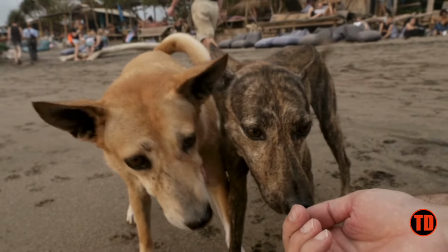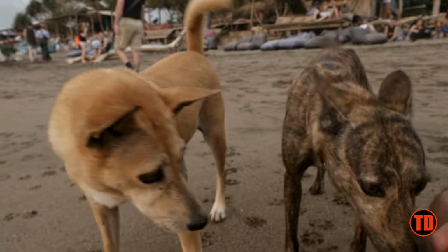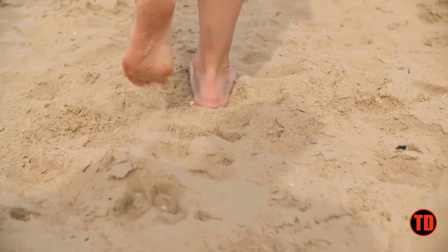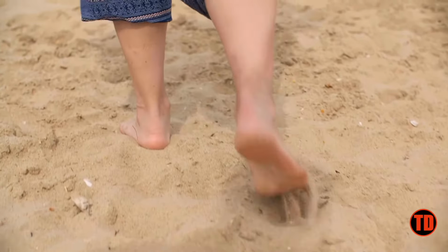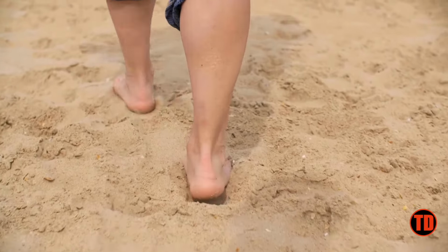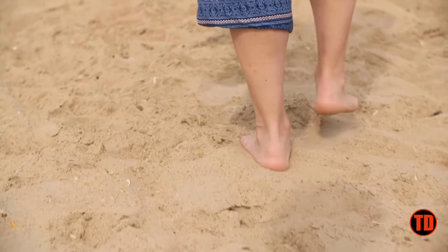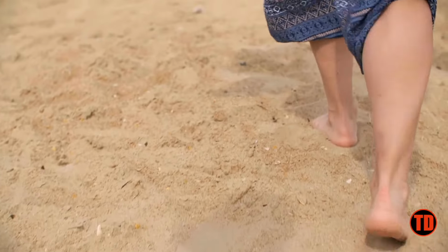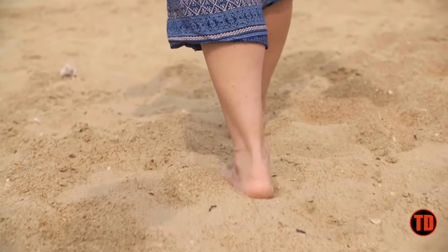The disease is commonly found in warm and tropical regions of the world, particularly in areas with poor sanitation and where people may walk barefoot on contaminated soil or sand. The condition is most prevalent in the Caribbean, South America, Southeast Asia, and Sub-Saharan Africa. Specifically, cutaneous larva migrans is found in areas where infected dogs have access to sandy soil, such as beaches, parks,